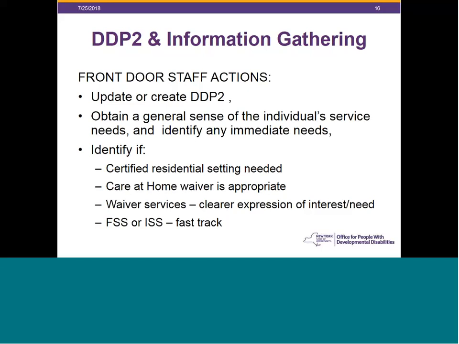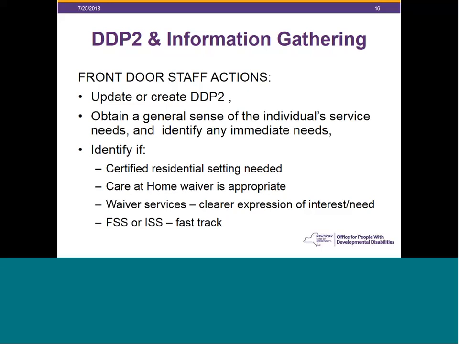So now we've gone through the initial contact piece, we've worked on eligibility, we've started talking about the level of care. There's some discussions that have been going on about, preliminarily at least, what services might be needed and developed.